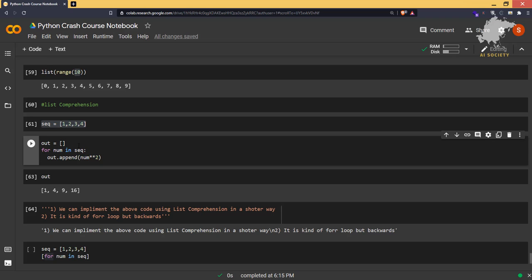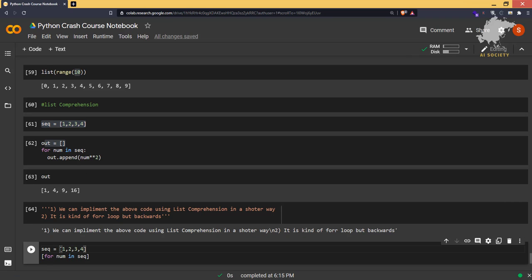What is happening in these 3 lines of code? We are iterating over the sequence, then calculating the power of each element and appending it inside the out list. Then it is presenting us the power of 2 for each and every element of this sequence. That is what we want to do here also.